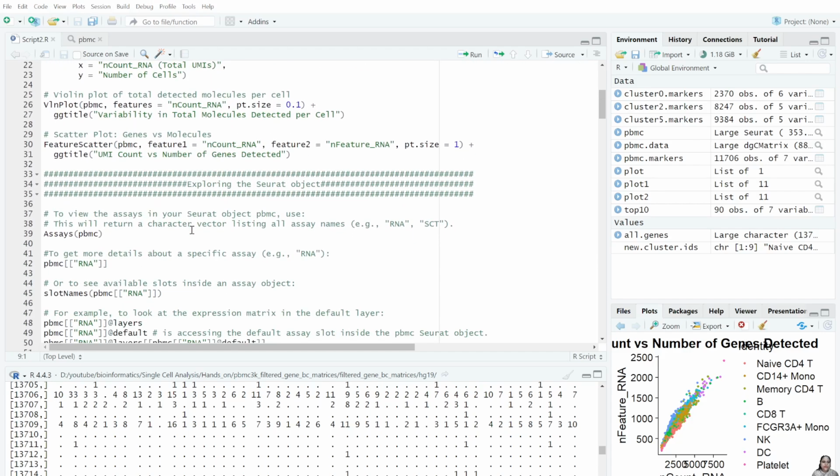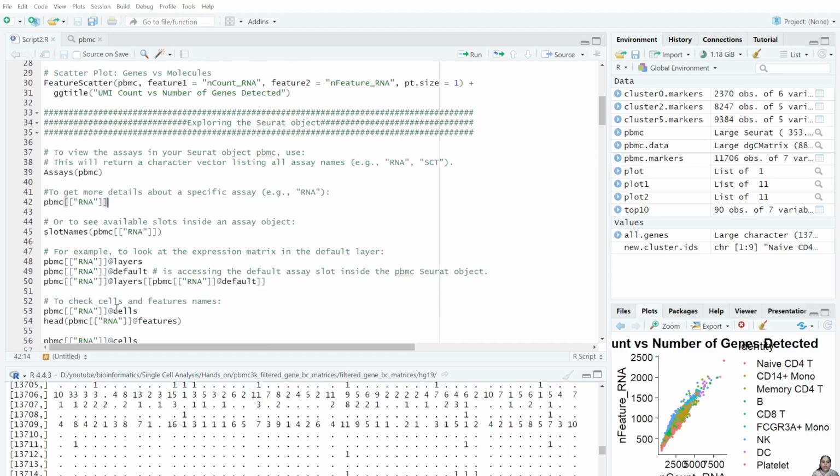So anything that you have to call, you have to write the name of the object, and inside that, the different slots that are present you have to enclose within the double square brackets, and if anything is present inside that, you have to call it with the help of the at sign. I hope this was clear,